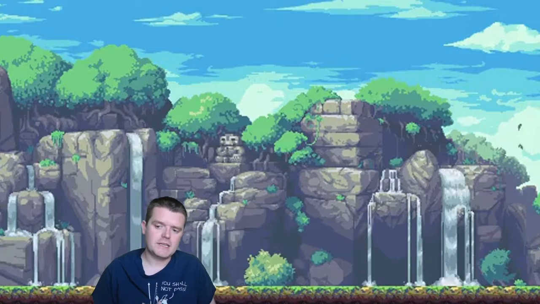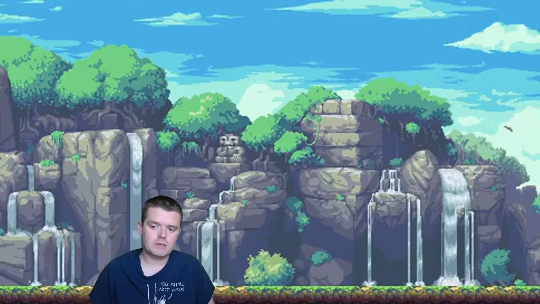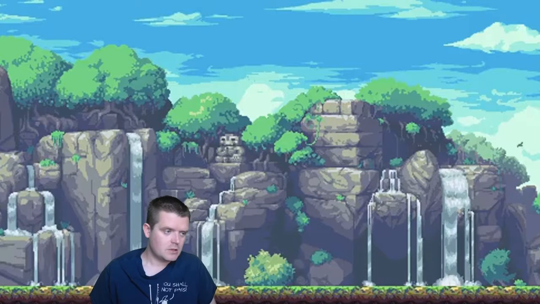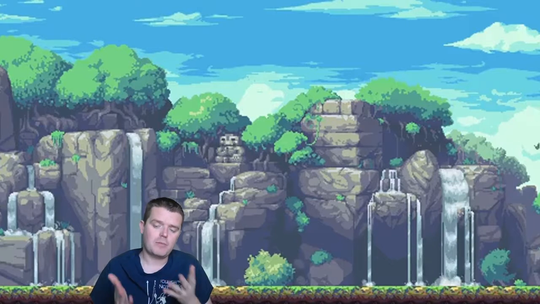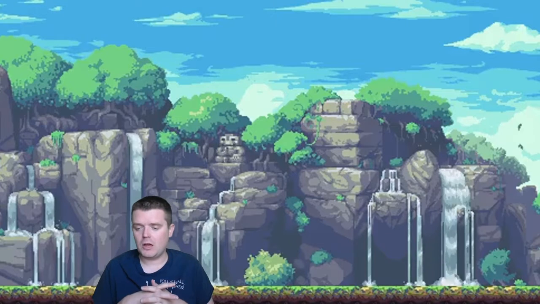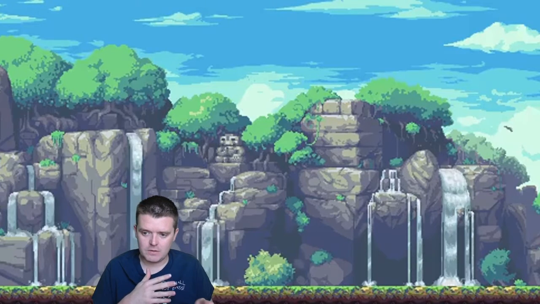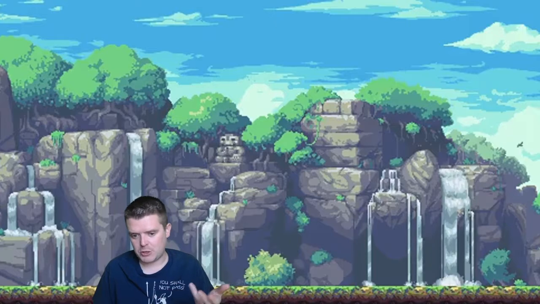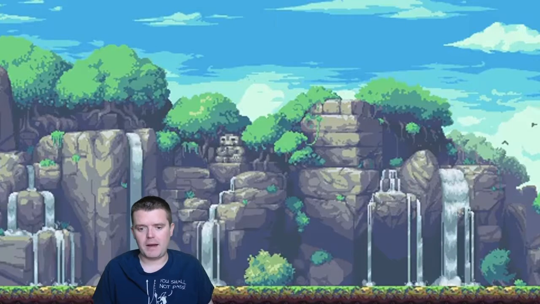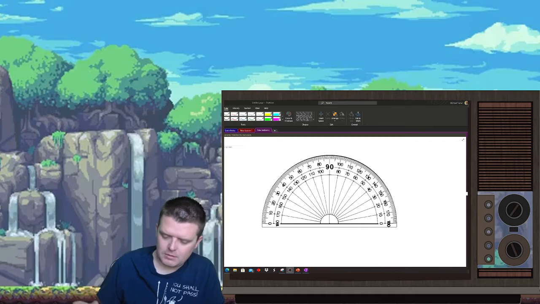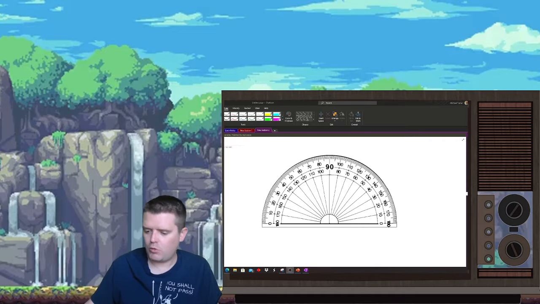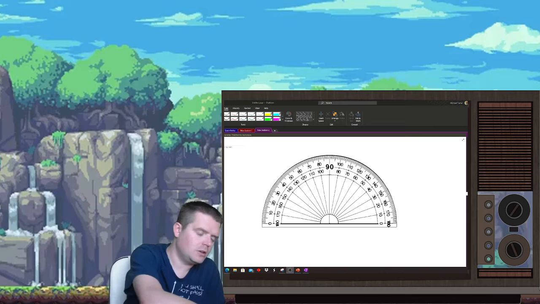Today we're going to be looking at 7.2, which is looking at angle measurement and angle bisectors. It starts out with a little bit of review of angle measurement, how we measure angles using a protractor, and then we get into angle bisectors, the definition of that, and how we determine angle measurements using the definition of angle bisectors. So to start out, we usually use a protractor, which is what this tool is called, to measure an